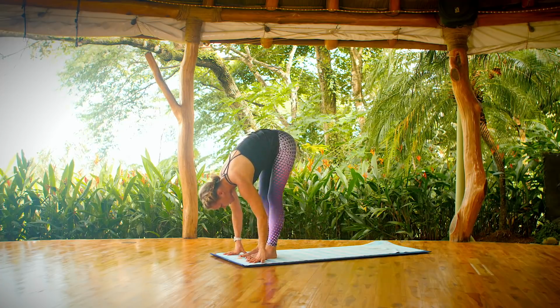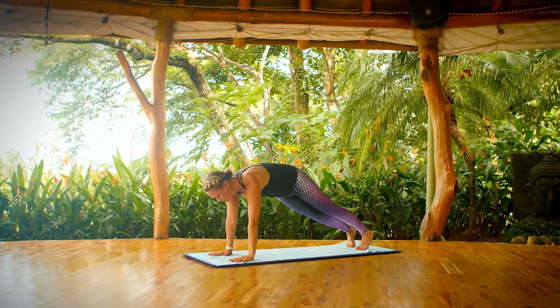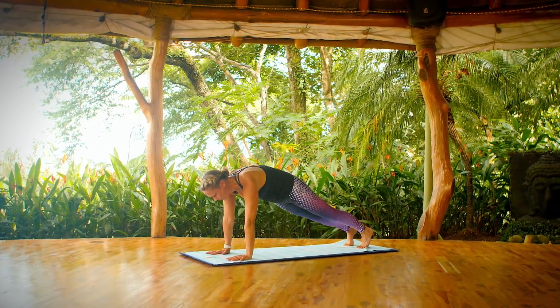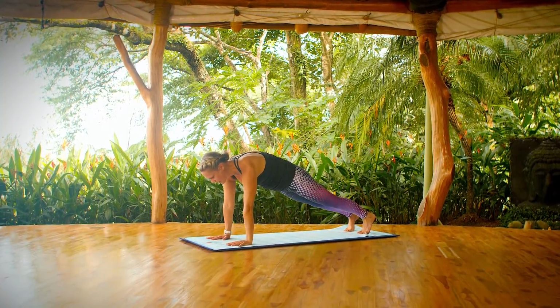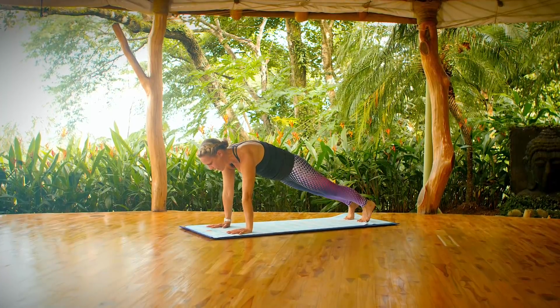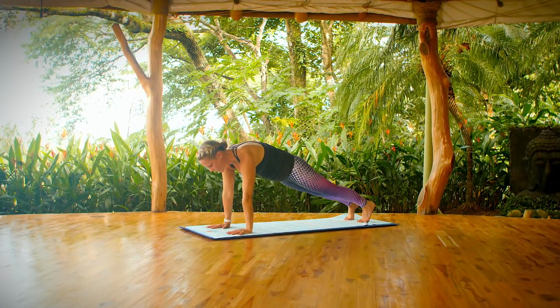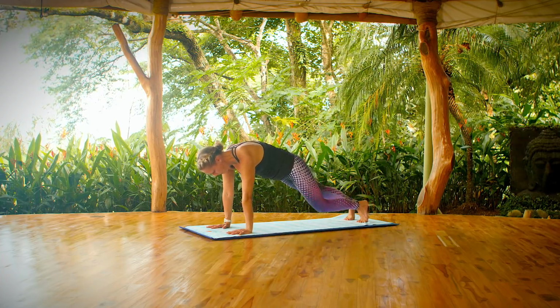Plant your hands on your mat. Step back to high plank. Hold your high plank. So modification for high plank is both knees to the floor. If you are holding your high plank with your knees lifted off the floor, we're just gonna do some knee taps. So one knee at a time, right, left,